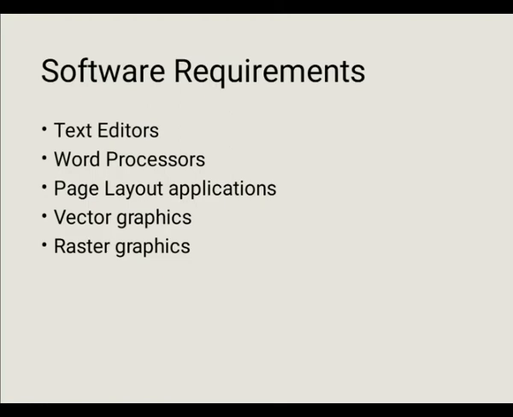Next is the page layout application. A page layout is the process of placing and arranging the text and graphics on the page to produce documents such as newsletters, brochures, and books. Page layout refers to the actual document page and its composition. The primary software programs for desktop publishing are called page layout applications. One of them is PageMaker. PageMaker was the first desktop publishing or page layout program made to arrange and rearrange text and graphics easily.